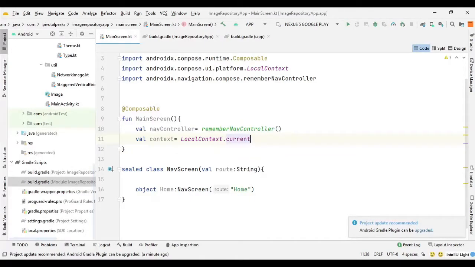Then we need to apply the window insets value to the local window insets. Here insets mean size. Window insets are insets of system views like the top app bar, status bar, and navigation bar that are applied to the window so that they can be applied in the proper layer.